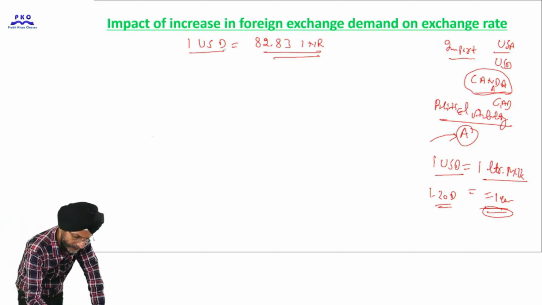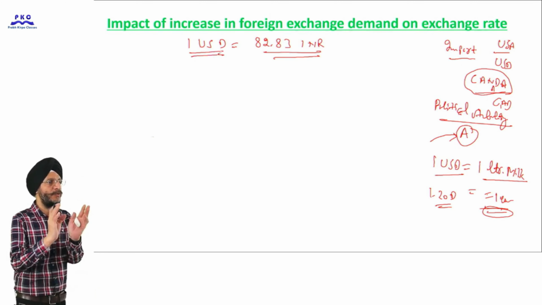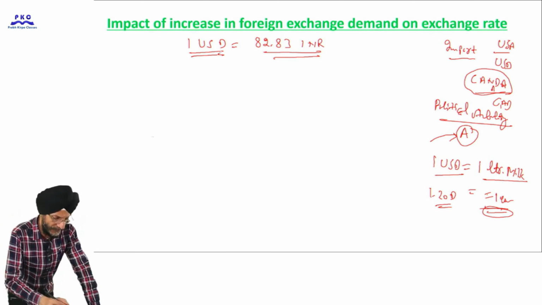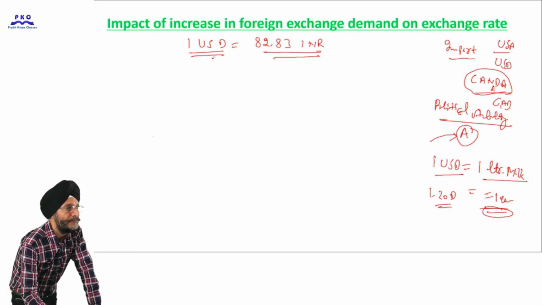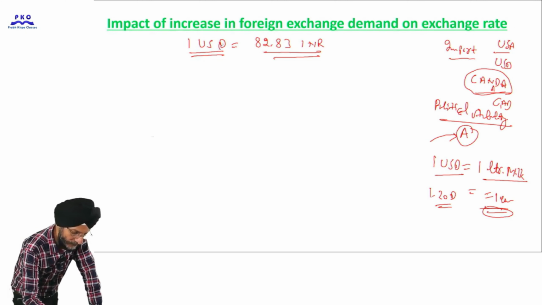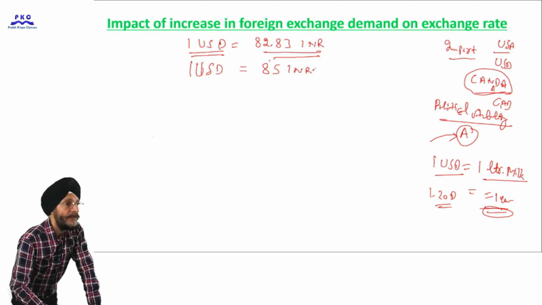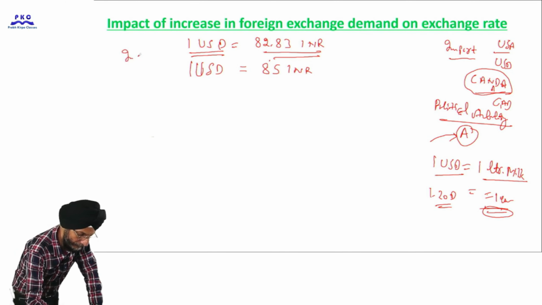Suppose at present the value of $1 is equal to 82.83 Indian rupee. If there is increase in the demand of US dollars, what will happen? It may be possible that the value of $1 will increase to,